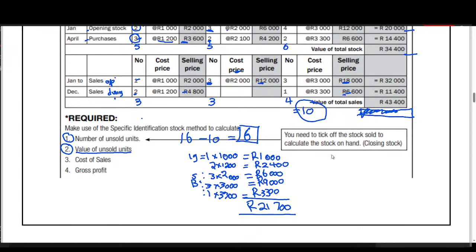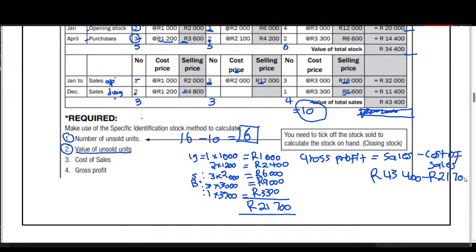Then, while we are still here, we can do number 4 to calculate the gross profit. So how do we calculate the gross profit? This one doesn't change. Gross profit is equal to sales minus cost of sales. When we check on the table, the value of the sales there is 43,400, minus our cost of sales, which is